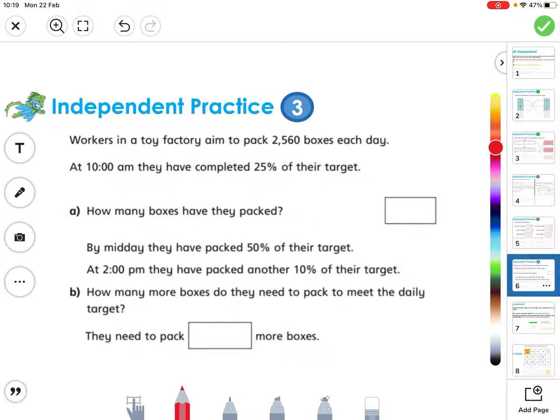And finally, slide number 6. Workers in a toy factory aim to pack 2,560 boxes each day. At 11 a.m., they have completed 25% of their target. How many boxes have they packed? So we need to find 25% of 2,560. Now 2,560 divided by 4 is